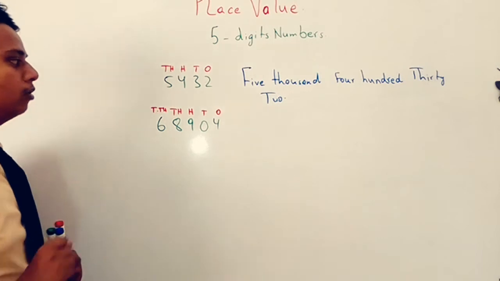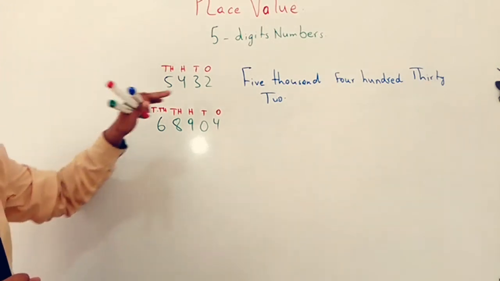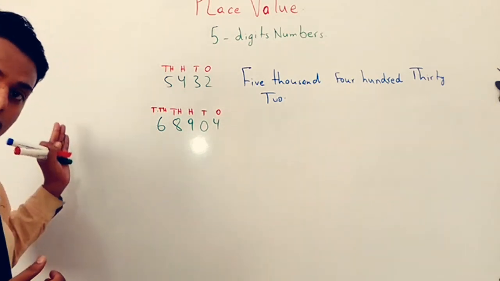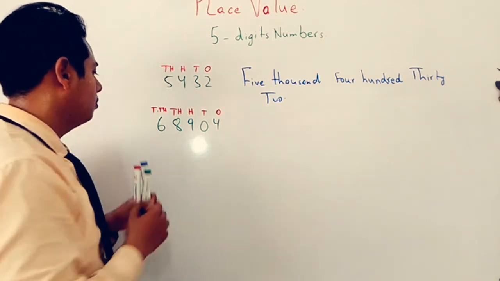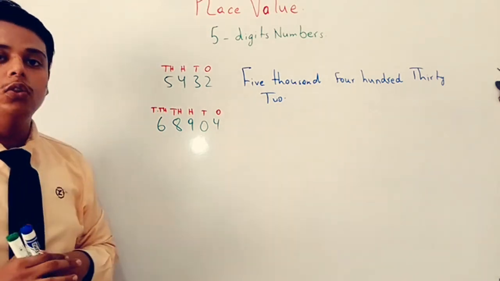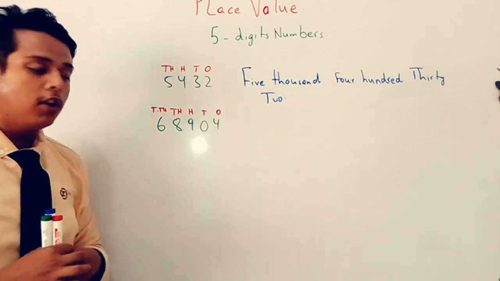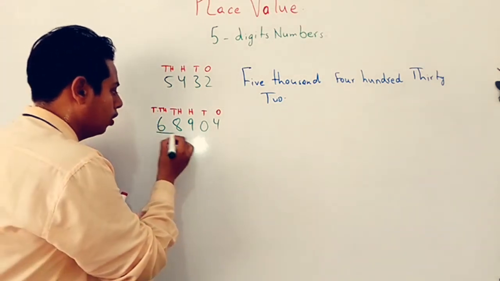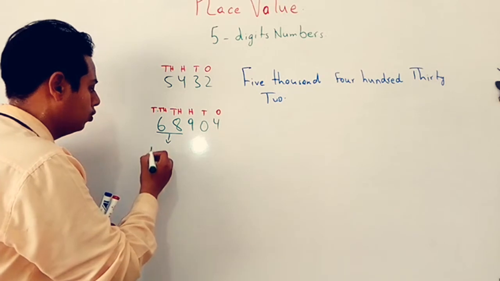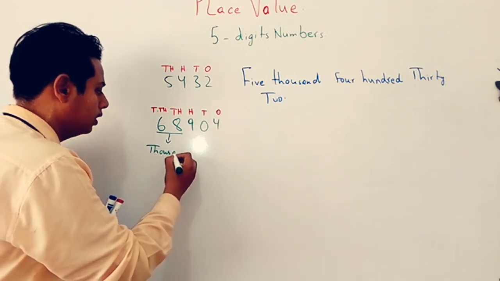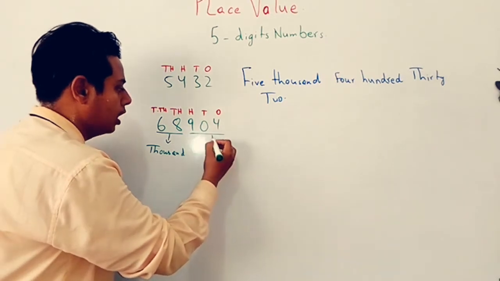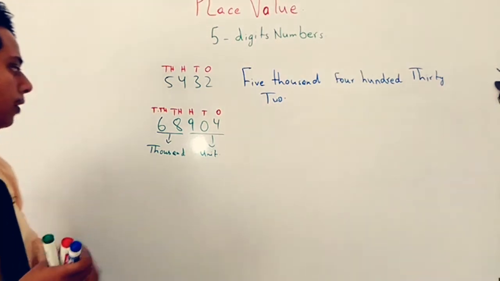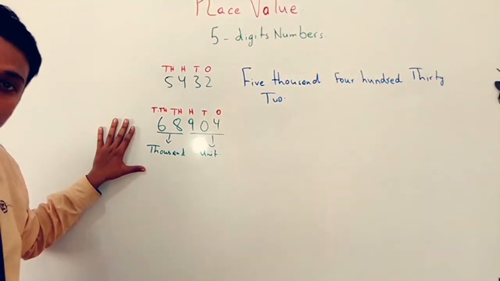Now how can we write the name of this number? किस तरह से हम इसका name लिख सकते हैं? Starting from the left side, हमेशा left side से start करेंगे. First of all, we have to write the combined family name. These two belong to the 1000 family, and these three belong to the unit family. These two families are there in this number. यहाँ पे हमारे पास 2 families हैं, एक 1000 की और एक unit की.